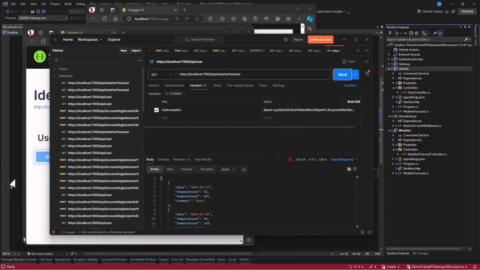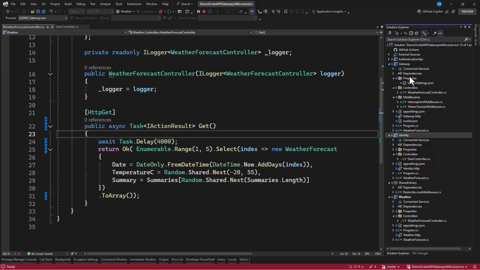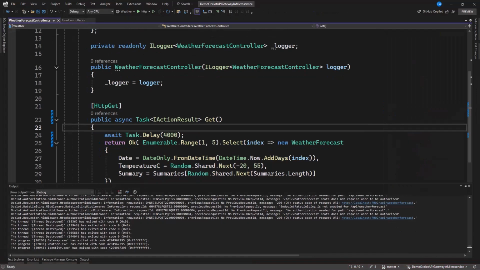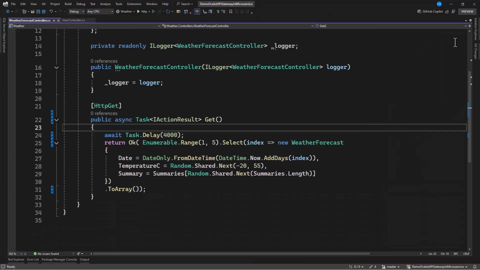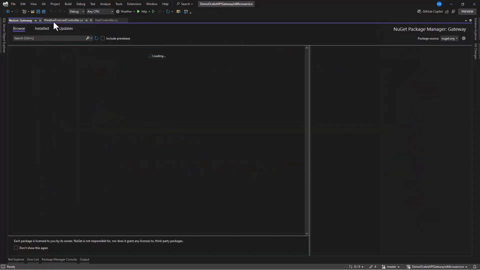Let's go to our project, and before we do that, we need to install a package. Let's put this package in the gateway. So I click on dependencies. We need to stop this first. So right click on dependencies, manage NuGet packages. And now in here, let's install caching.